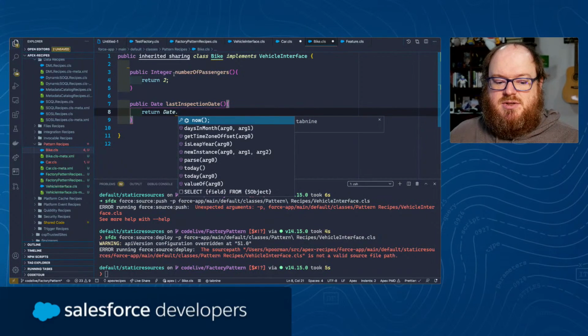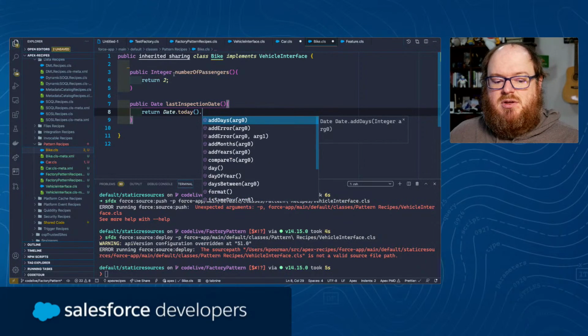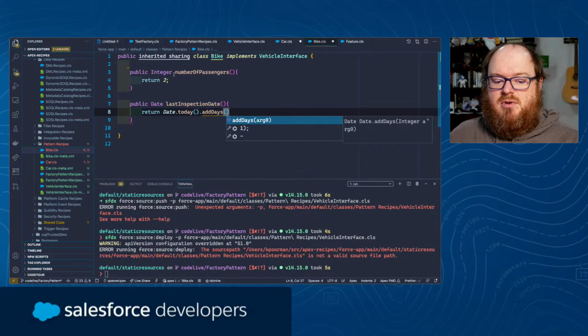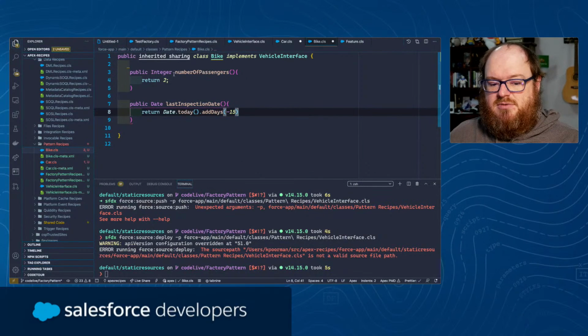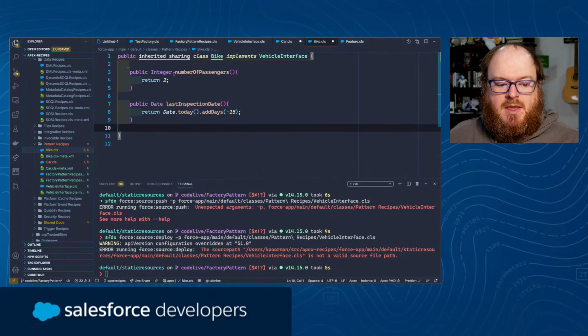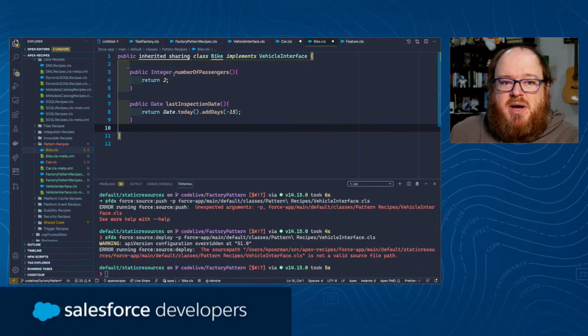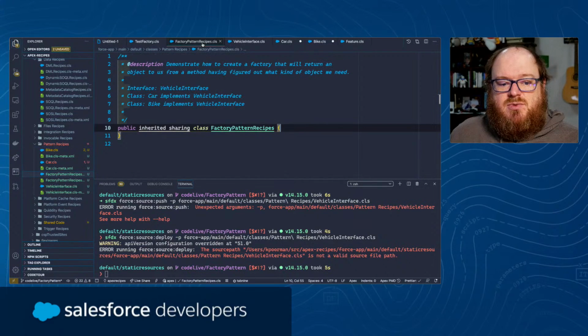Return date dot today dot add days -15. Okay, so 15 days ago. So we've got these 2 classes, bike and car. And now the thing about a factory pattern is that when we have a factory, we're going to create this, and this we're going to go back to our